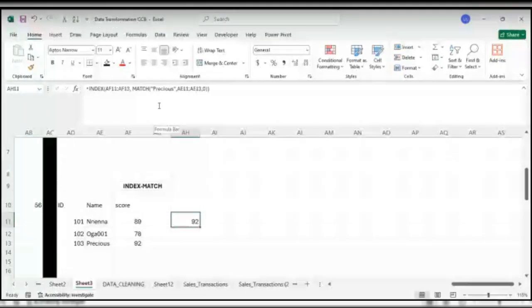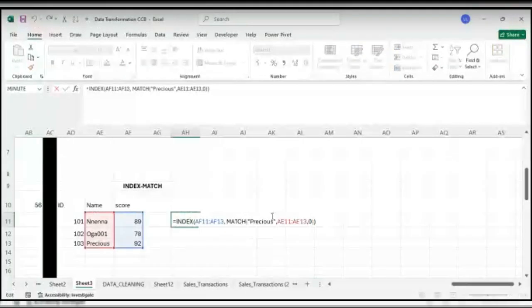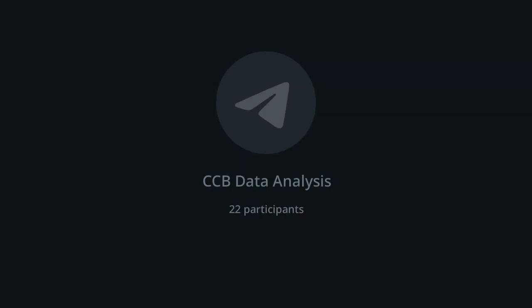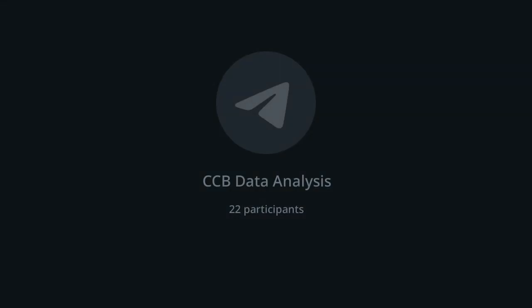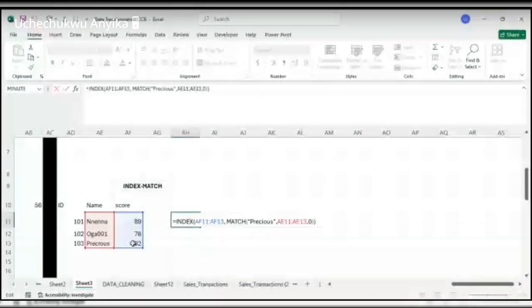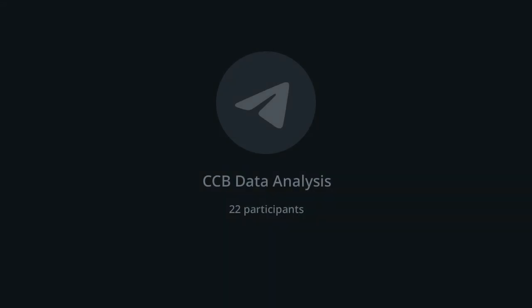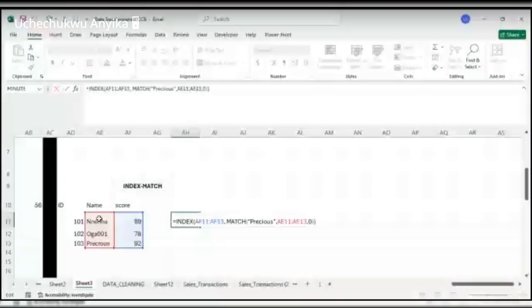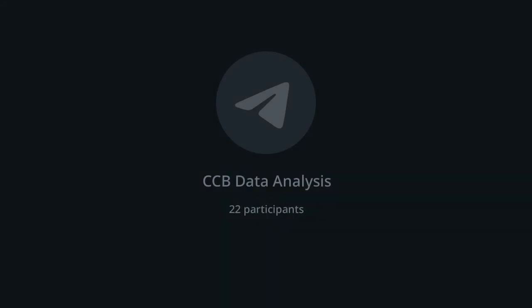So I want to take a moment to see what's actually happening here. The first thing that happens is that it runs the inner part first. It runs this match first. It looks for Precious in the name column and it returns the position. So maybe over here it's counted 1, 2, 3. So what you will now be having is something like